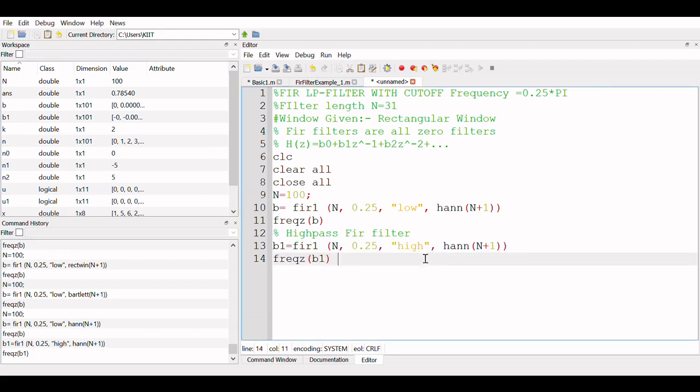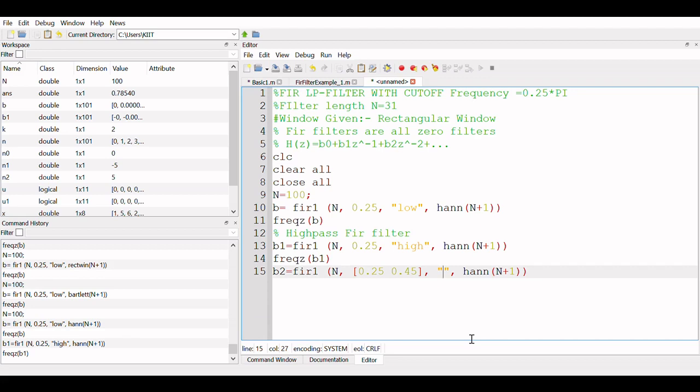Now if you want to change it to a band pass filter, suppose I want to get a band pass filter, B2. We know that band pass filters usually have two frequencies, one upper cutoff and one lower cutoff. So suppose 0.25 and 0.45. You have to give the limits like this in a vector format, 0.25 and 0.45, and here you pass the argument, and exactly this command will run on MATLAB.